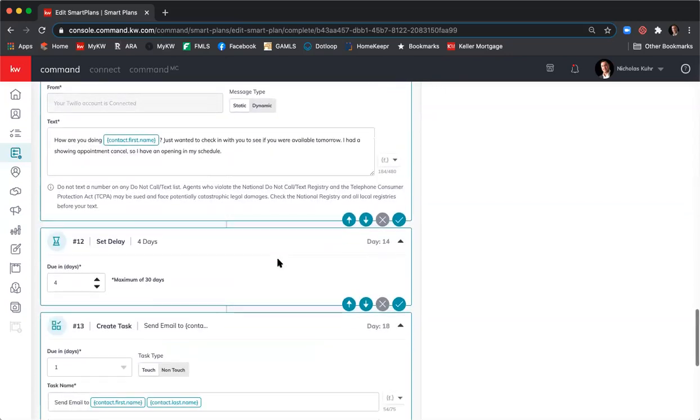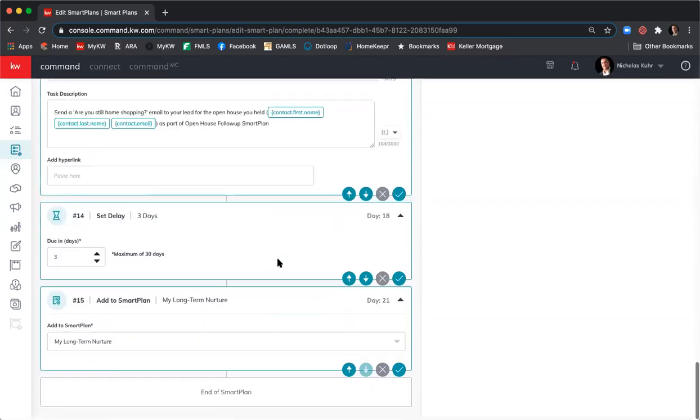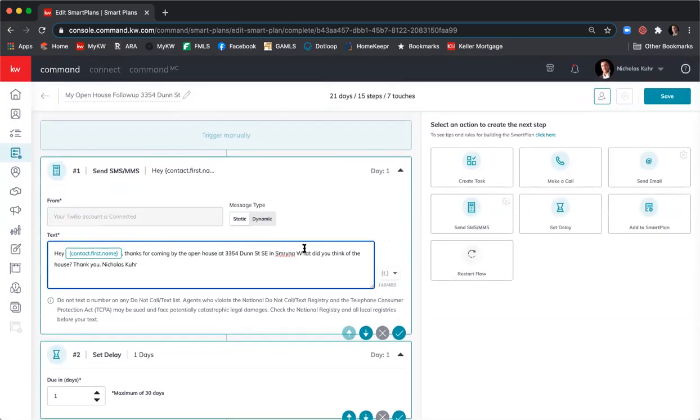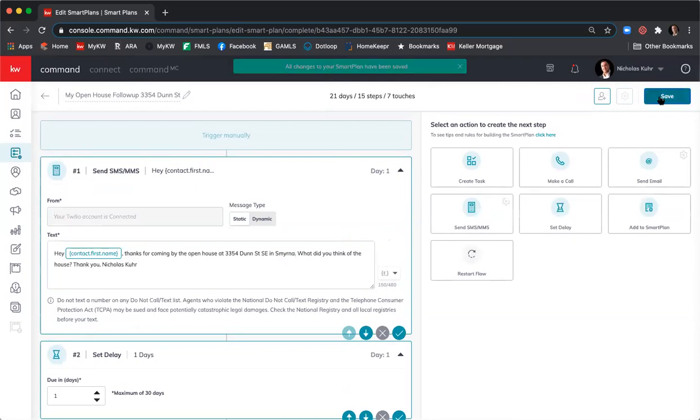Pretty simple. So let's do a double check. Awesome. So now that that's done, I misspelled Smyrna, so we want to fix that. I can click save. And it was that simple that I could now have a whole new SmartPlan ready for